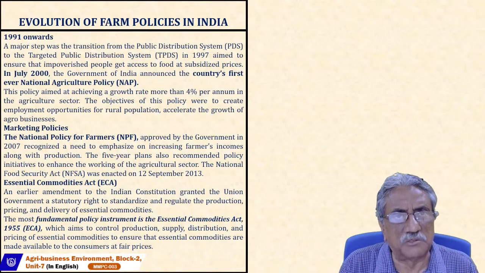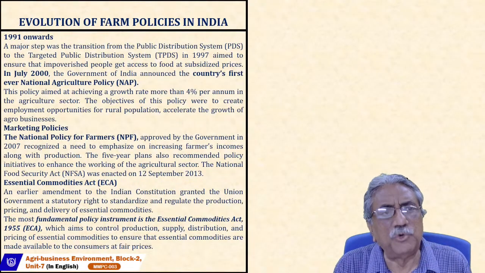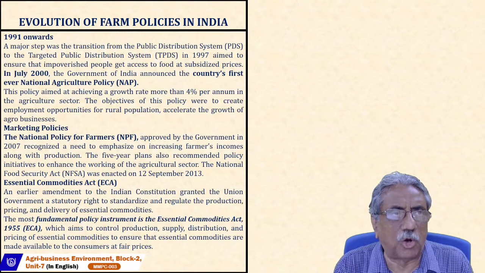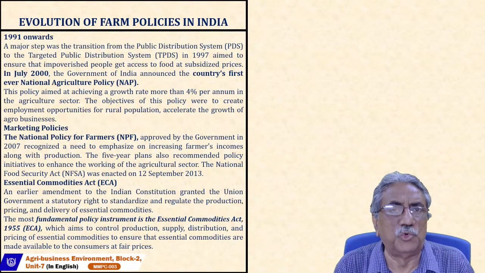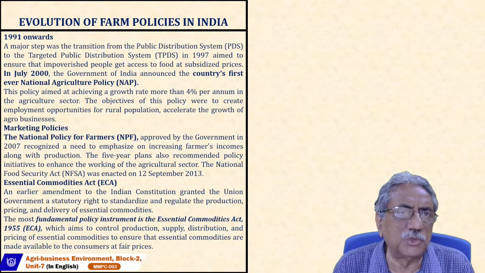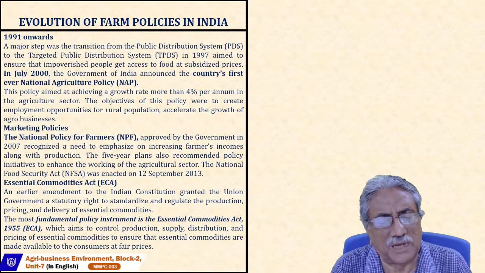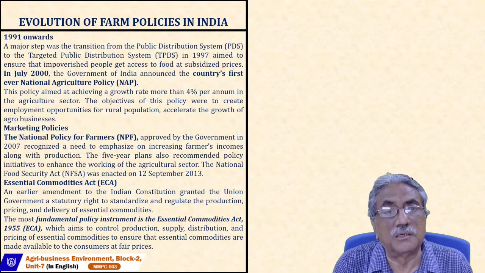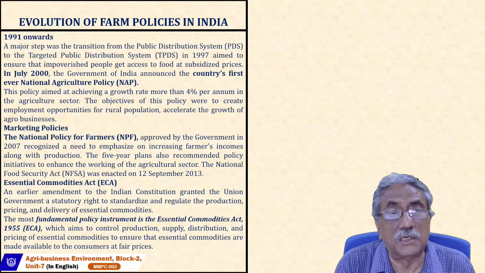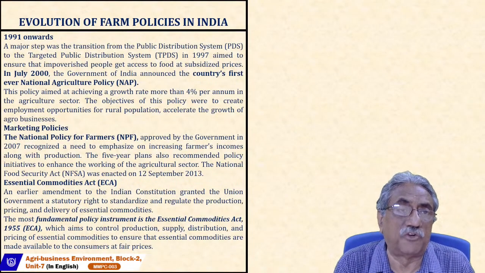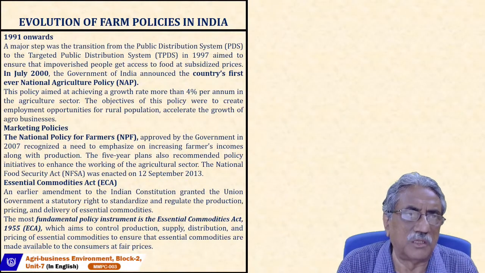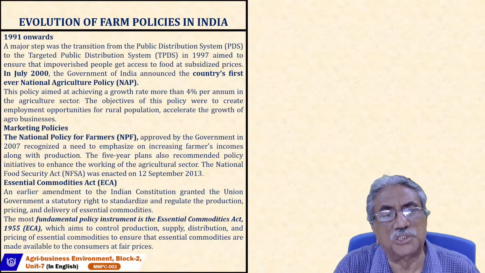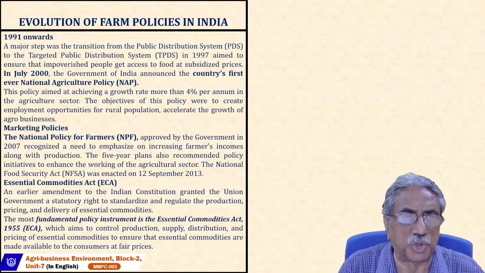And it was a targeted public distribution system in 1997, aimed to ensure that impoverished people, the people who are below poverty line or those who are near the line, get access to food at subsidized prices. So sugar, which we were always short of supply earlier, in the days I'm talking 51 to 91. So sugar, rice, wheat, and other things were available from these ration shops. You can call them public distribution shops, commonly known as ration shops, or they were also distributed through state cooperative shops.